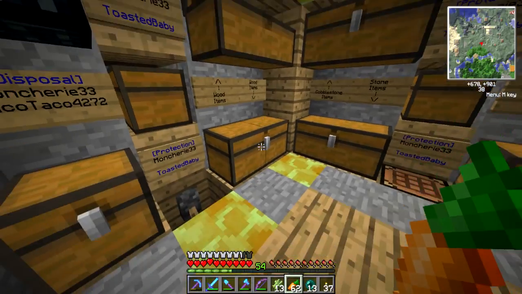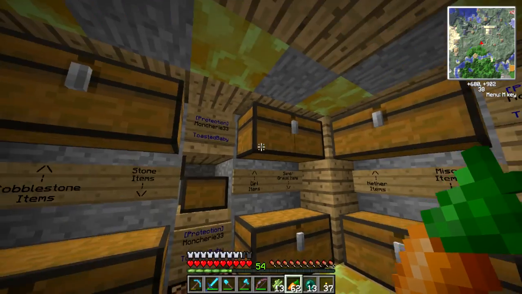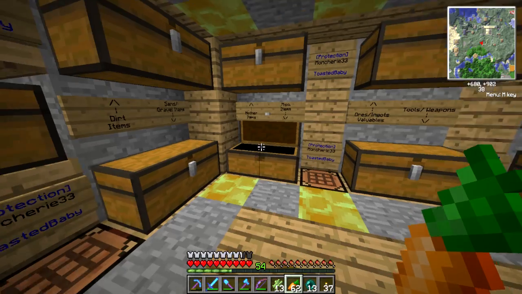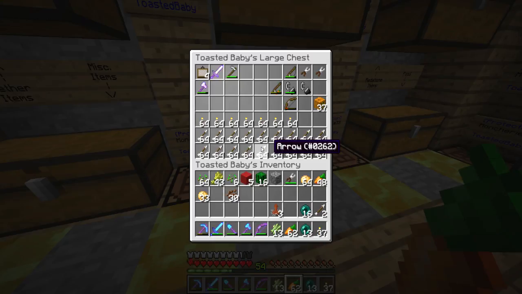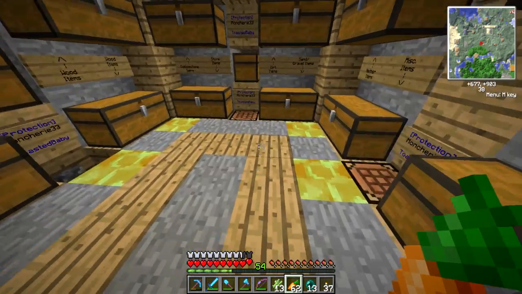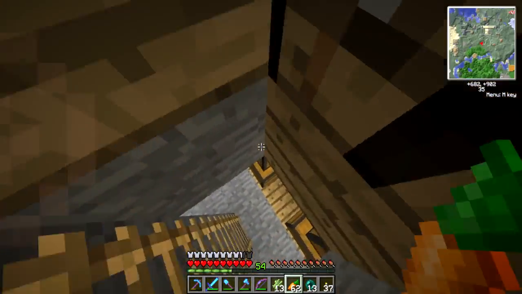People like looking through chests, so here's what I have. Cobblestone, stone, ender balls, dirt, sand, nether stuff, random items, diamonds or valuables, so we've got a bunch of diamonds, a bunch of iron from our farms. Down here just random stuff, redstone, and food. And then if we pull this lever right here, this leads down to our bulk storage area, which is just